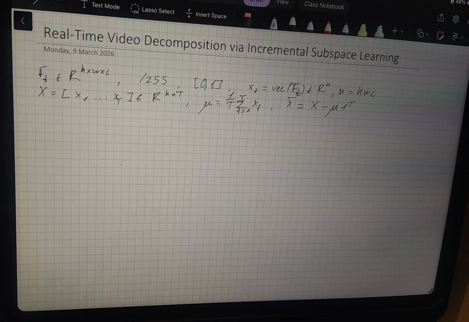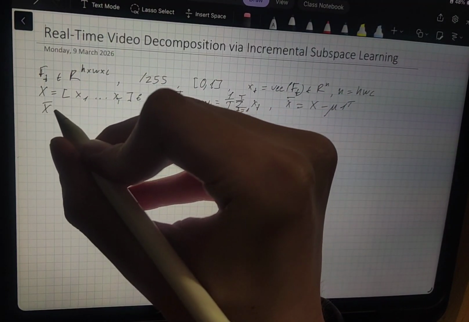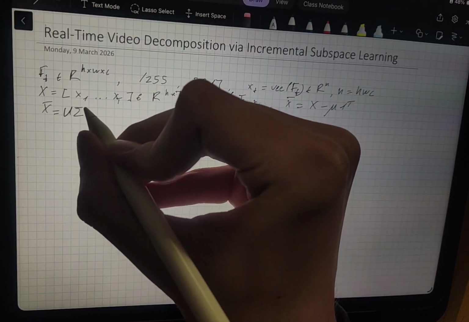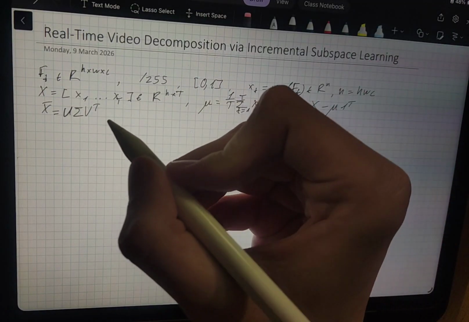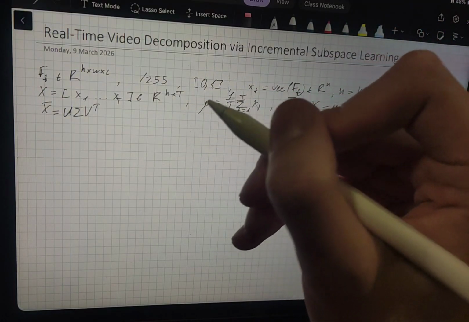And next, we need to apply some sort of algorithm. We can use PCA, principal component analysis, for our video analysis, and for that we need to compute singular value decomposition with this formula. To get our U matrix, it's our background basis. What we do is we get only k leading columns,